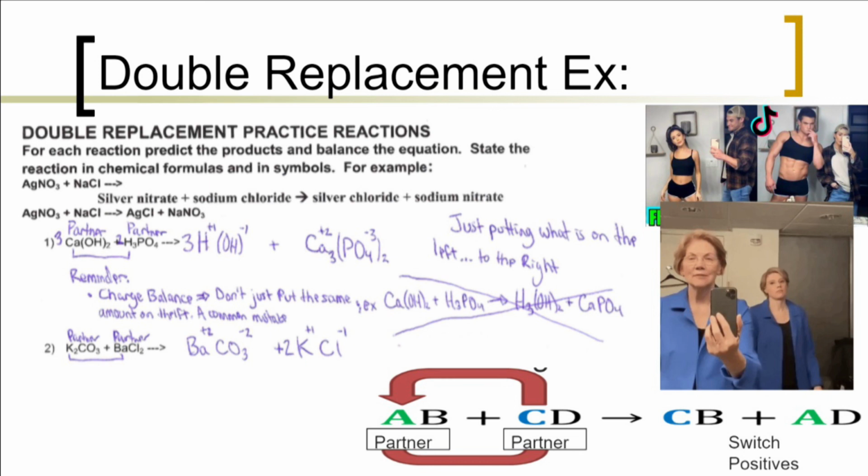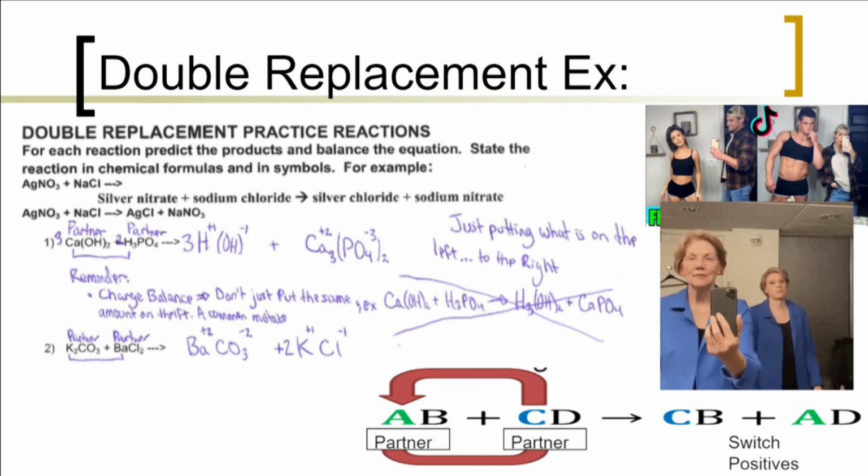Now you have to do your charge balance, and that's the reason why I don't have 3 H's on the right. I only have 1, and I don't have 2 OH's on the right. I only have 1, because when you do the charge balance, both of those have a +1 charge and a -1. Meanwhile, the calcium, I need 3 on the right,